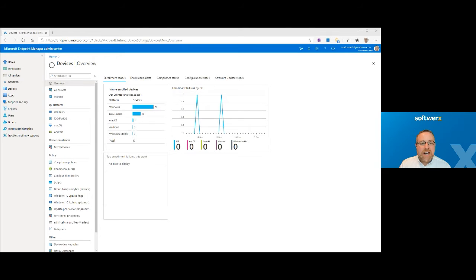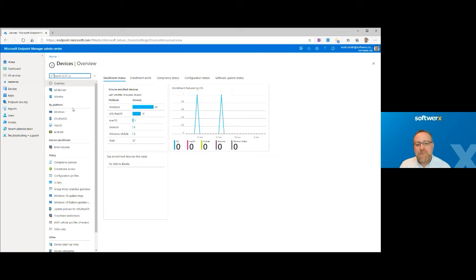So like I said, there's a lot to cover today. I'm going to try and do this kind of logically in order and pop your questions in as we go along. So to start with, I'm going to drop here into the devices window and just take you through a little bit around enrollment. So we have the four main operating system types that we support through Endpoint Manager: Windows, the iOS and iPads and iPhones operating system, Mac OS for your Mac PC clients, and Android to cover all